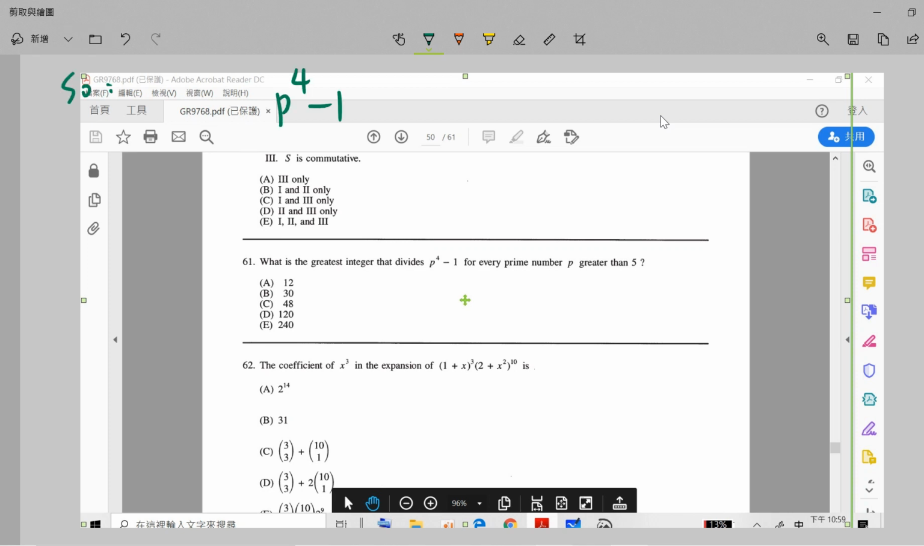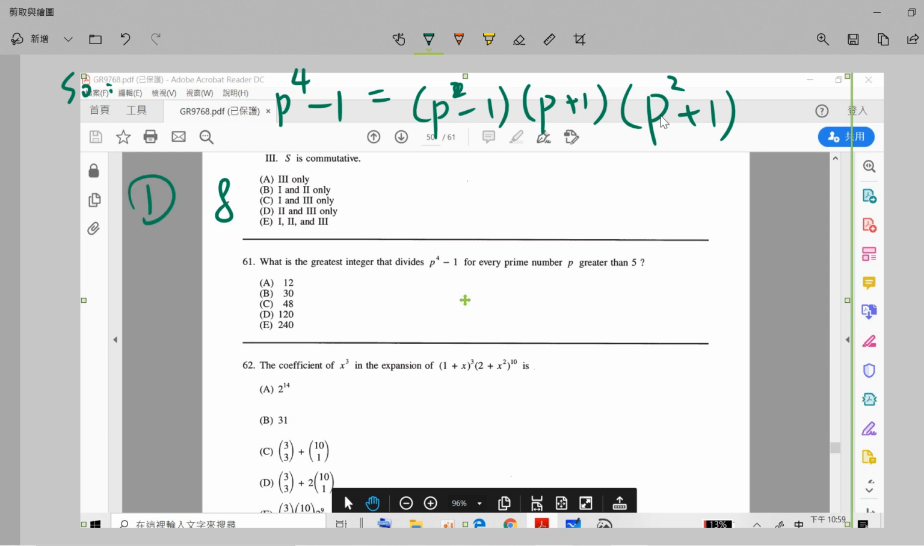p to the fourth can be written as (p squared minus 1)(p squared plus 1), and there are multiple ways to solve this problem. Okay, so let me first show that 8 divides p to the fourth minus 1. And the reason is